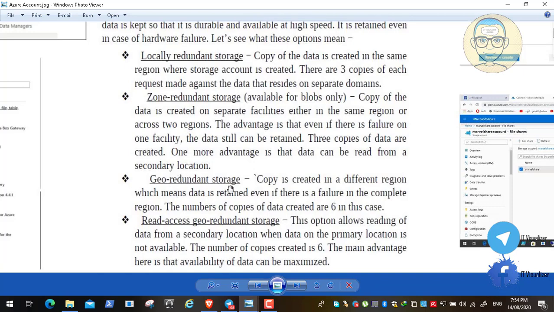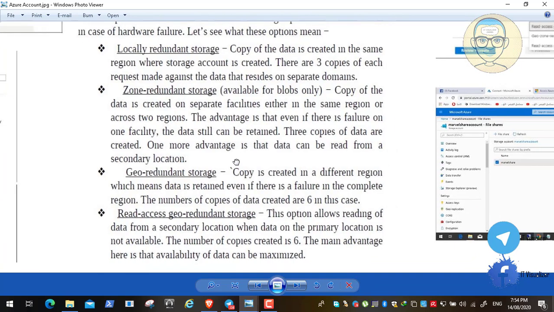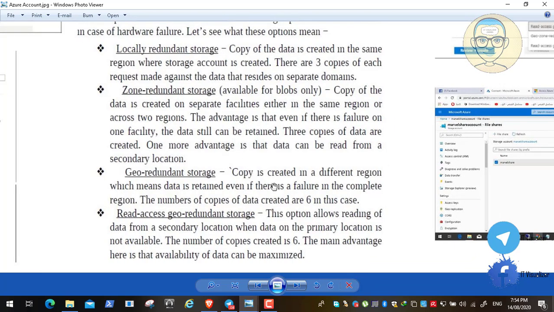It is like the zone storage, but the zone is in the same country. So you can, for example, have different regions in the United States. You can have a region in US East, a region in US Central, and a region in US West. So all of these data centers are in the same country, but you can replicate your Azure storage account to a completely different data center of Microsoft in a different country. Okay, so this is the geo redundant storage, and at the end we will have something called read access geo